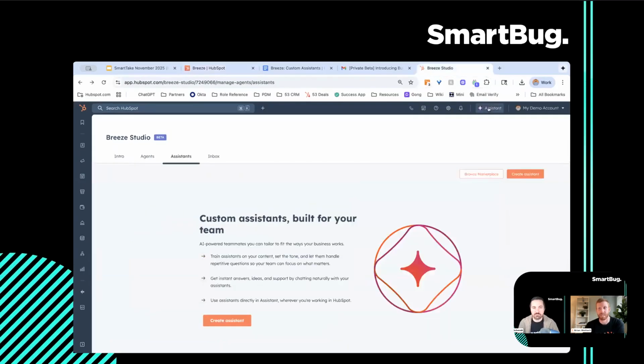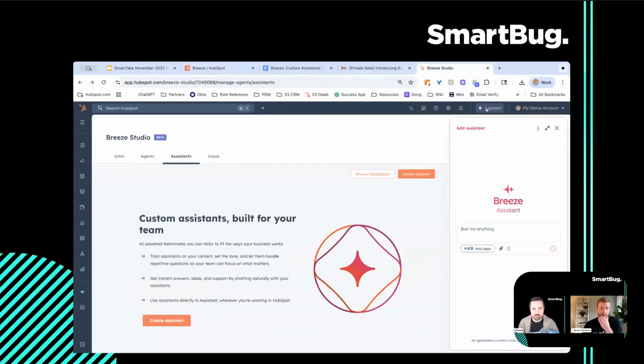all the knowledge that you trained it on. If you had a knowledge base article, or standard operating procedures internally, that's what it would be trained on. Now, this assistant pane is record aware, and it can know what record you're on. It can also grab information from across your portal. And that changes the game because this is the big differentiator